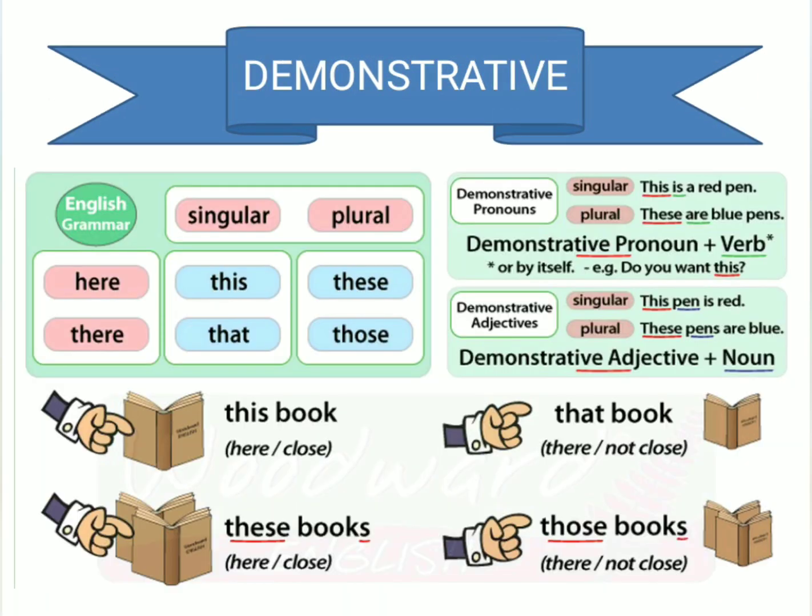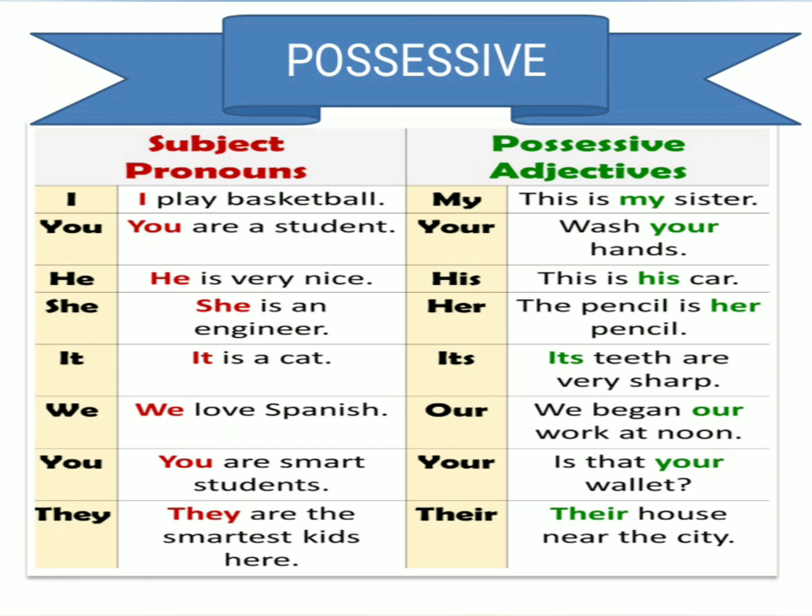Let's go to our next style. It is called demonstrative. You know very well that we call them demonstrative pronouns, or we call it simply demonstrative adjectives or demonstrative determiners. They are this, that, these, those. Things are very clear from the picture. For near, this and these. For far, that and those.